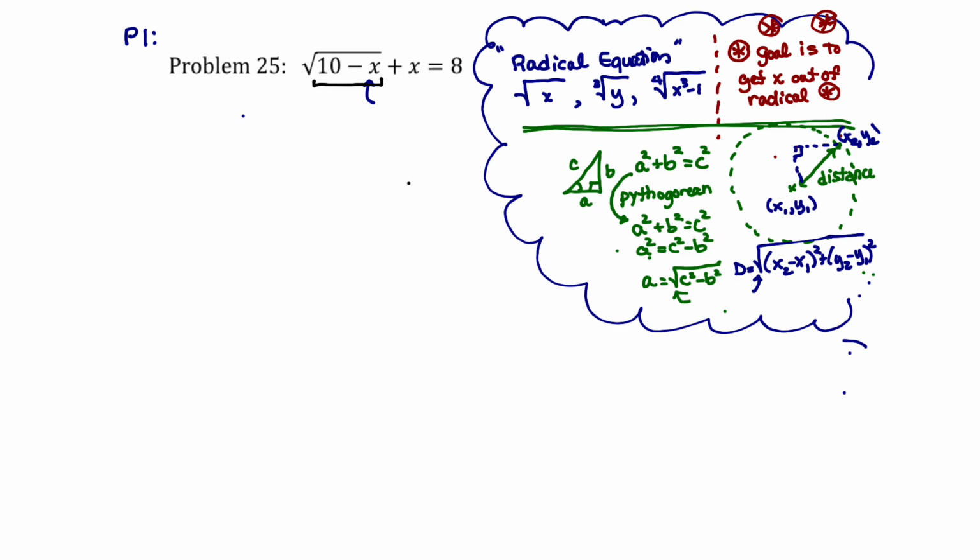And to isolate that radical, that means I'm going to want to move this term x from the left to the right side of the equation. So I'm going to use my additive property of equality, where I'm actually adding a negative x to both sides, or if you like, subtracting x from both sides. And so that allows us to result in the statement that the square root of 10 minus x equals 8 minus x. And more importantly, it sets us up to work towards our goal, which is get the x out